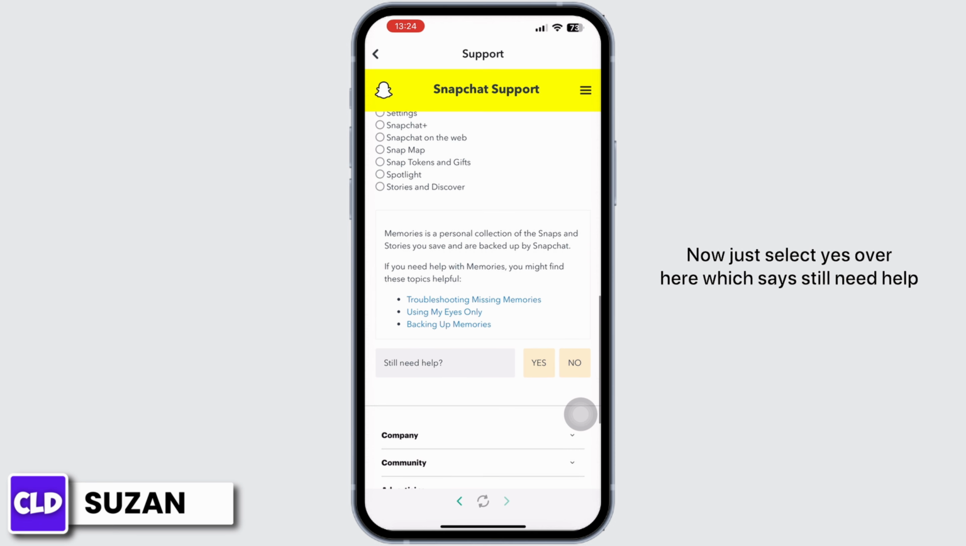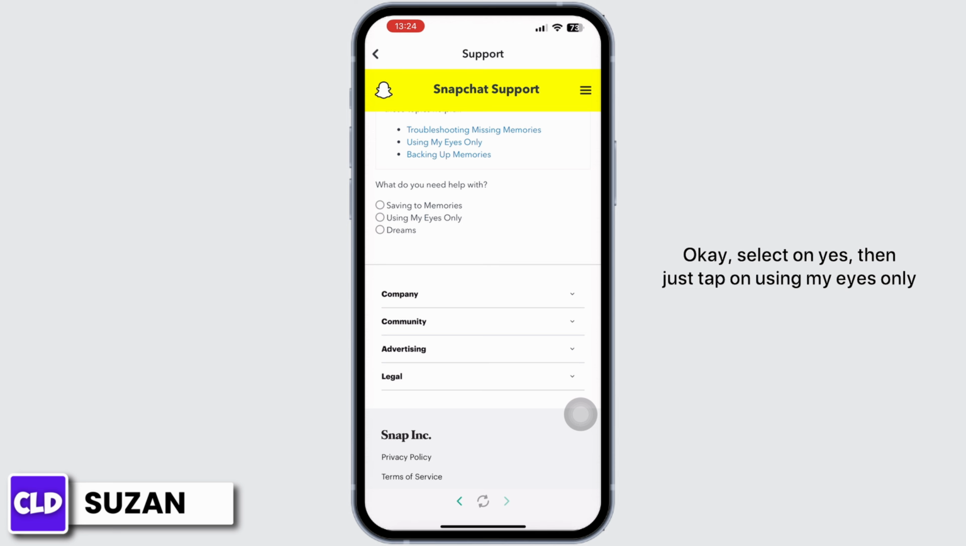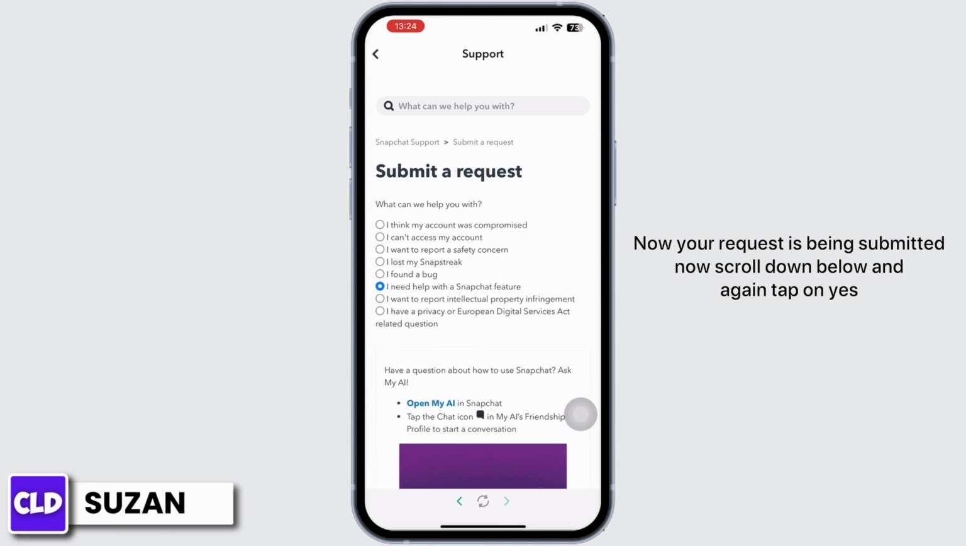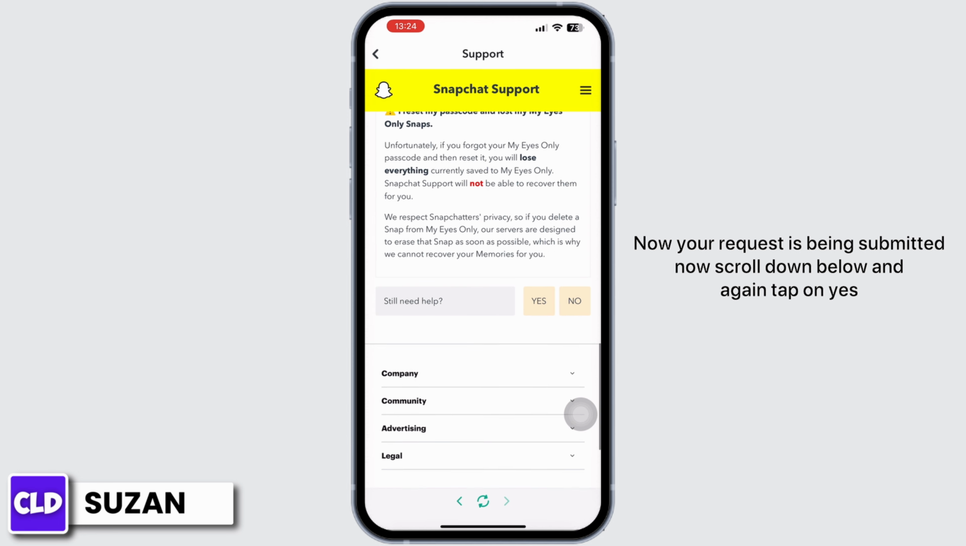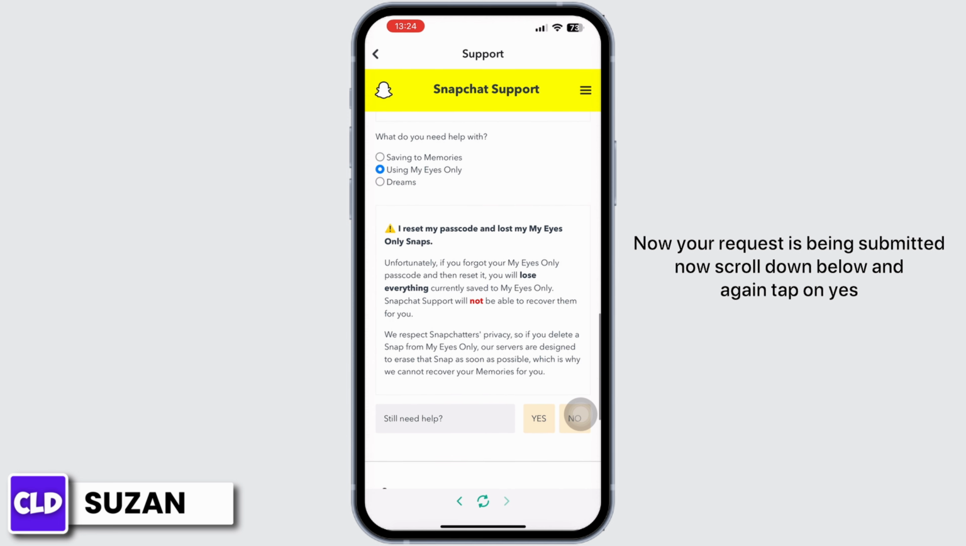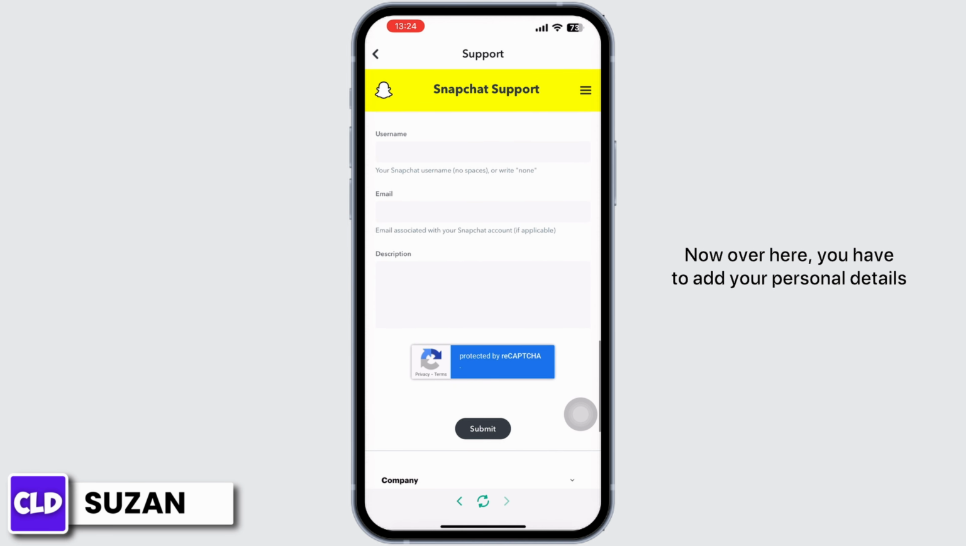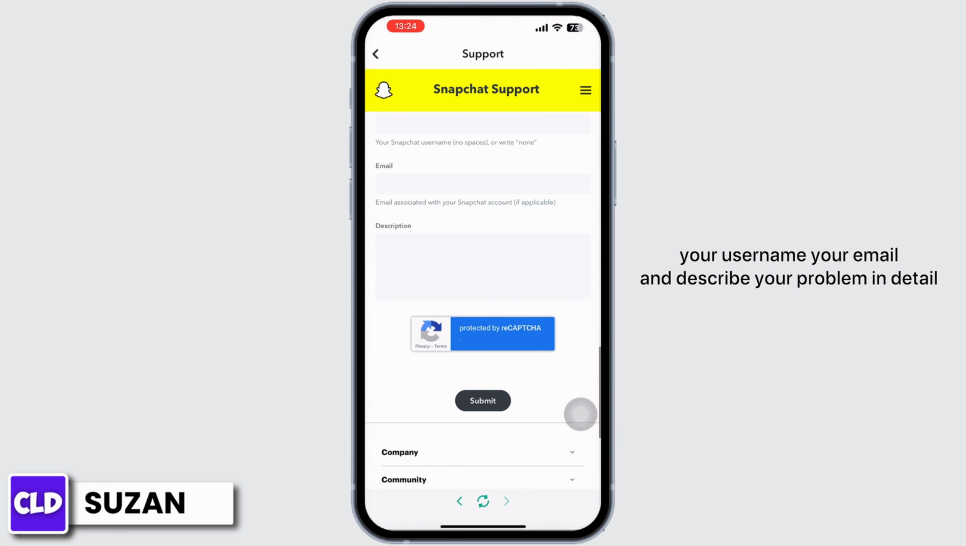Now just select yes over here which says still need help. Okay, select on yes. Then just tap on using My Eyes Only. Now your request is being submitted. Now scroll down below and again tap on yes. Right here. Now over here you have to add your personal details, your username, your email and describe your problem